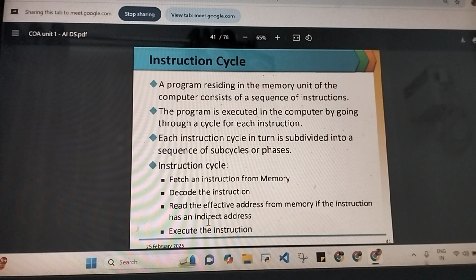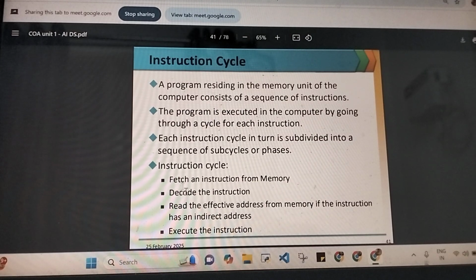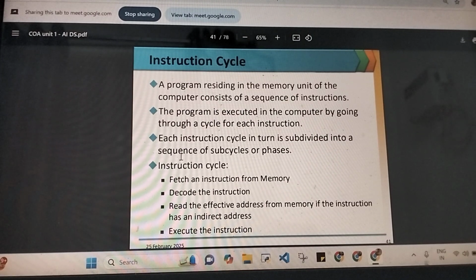So when there is an instruction in the memory, looking at things from a high level perspective, we just say it's taken from the memory, it goes to the CPU, which decodes and executes it. But that decode-execute thing happens in many sub-steps or micro operations, which we looked at yesterday. That whole sequence is what we call an instruction cycle, and it is divided into 4 main phases: fetch, decode, read, execute.